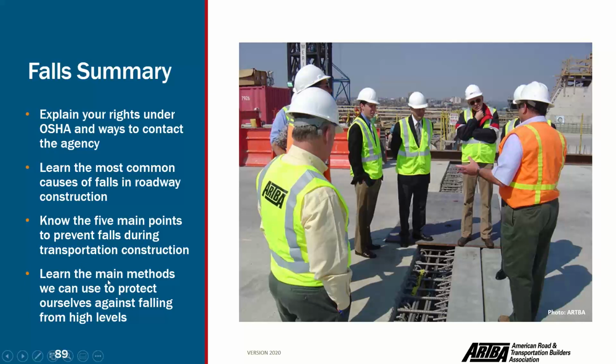Then we learned the main methods we can use to protect ourselves against falling from high levels. We were talking about guardrails, nets, personal fall arrest system, personal fall restraint system, and also we learned about the emergency action plan if somebody is falling. We learned about orthostatic trauma, how to prevent orthostatic trauma, how to use these leg straps also in the case of emergency, and why it's important to prevent this orthostatic trauma, because people can die. Typically, according to OSHA, in 15 to 40 minutes, people can die from orthostatic trauma, but we are learning how to solve the problem.